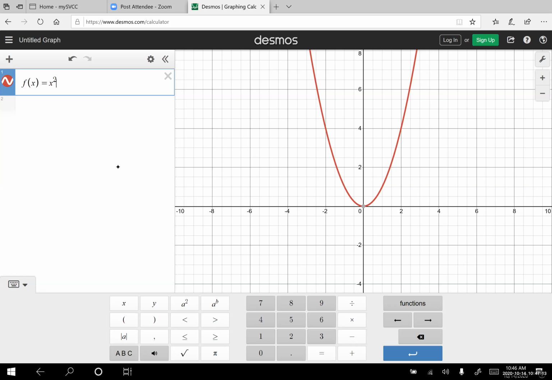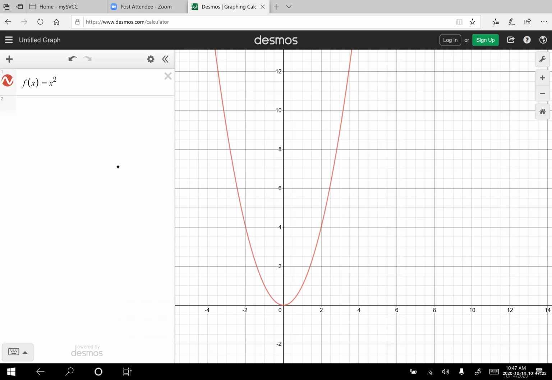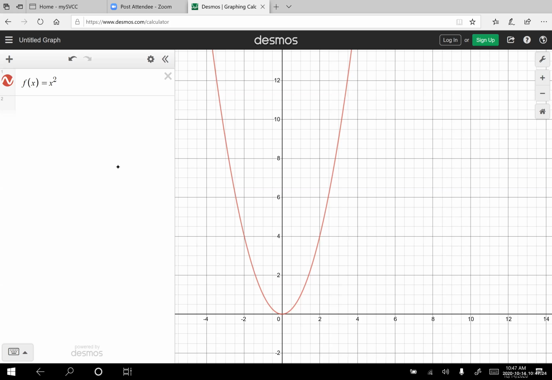It's just a matter of notation. Let me move this down here where I can see it a little better. All right, so we can see from here that these x values, these values along the x-axis,